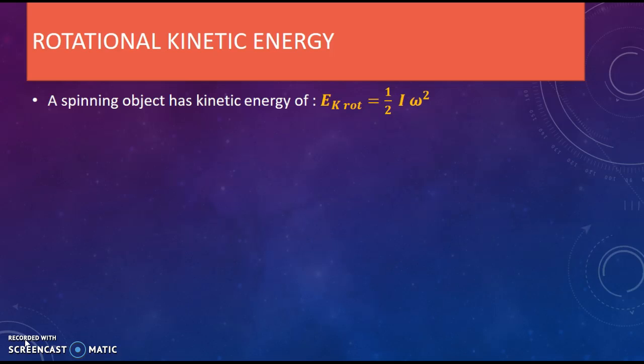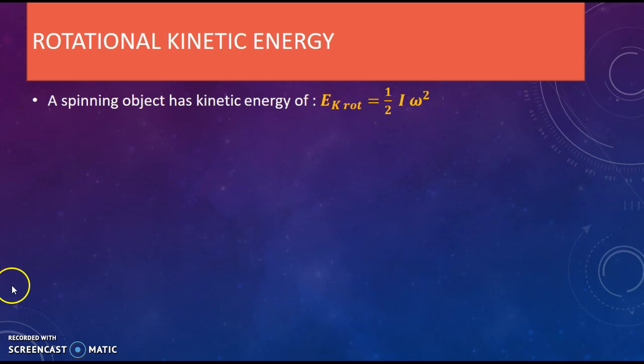Now we're going to look at the rotational equivalent of translational or linear kinetic energy, and it's obviously called rotational kinetic energy. It's like other forms of energy. It can be transformed from one form to another, and it's measured in joules. An object that is spinning about its center of mass has kinetic energy, and the formula is: Ek rotational, these are all subscripts, is equal to half times its rotational inertia times its angular velocity